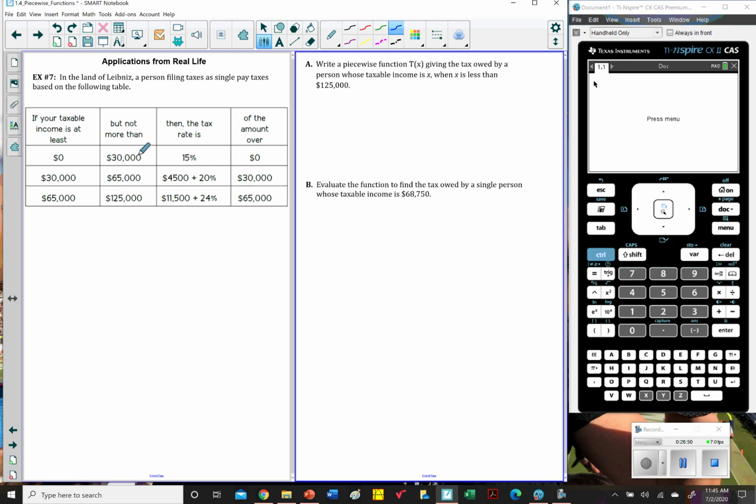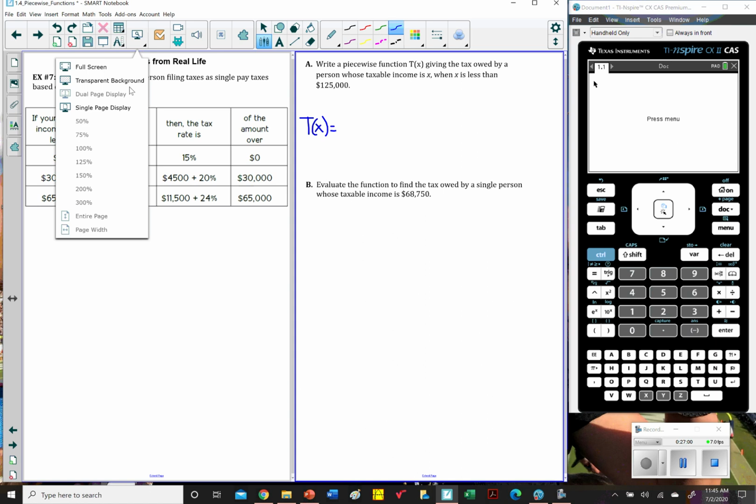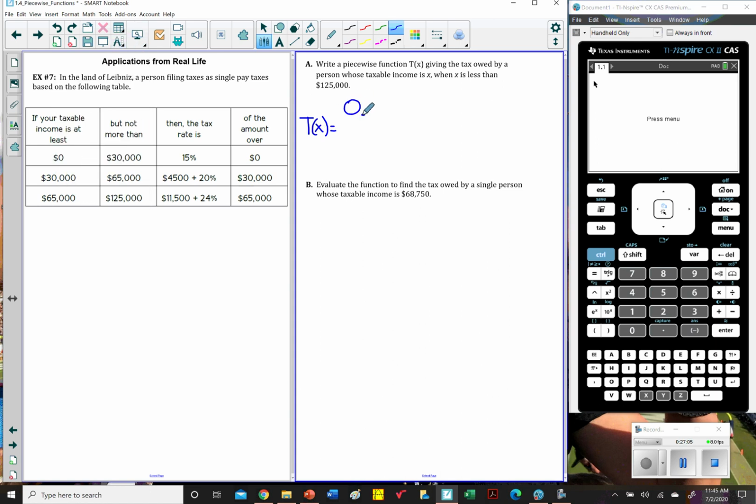And then thinking about this, if you've got 15% for less than $30,000, then that's going to be our first piece of the piecewise function. 0.15x, and that works for anybody earning money greater than 0. You wouldn't pay anything if you didn't make anything. And up to